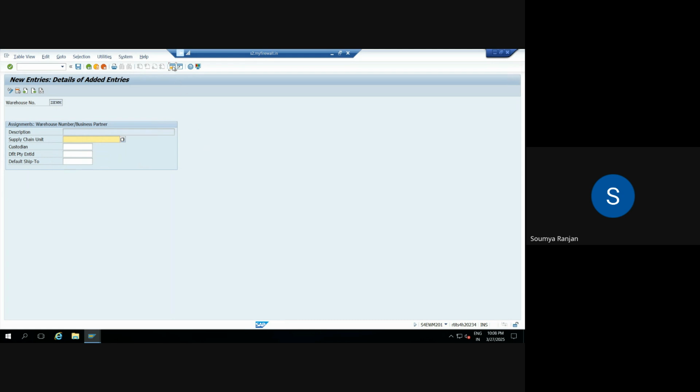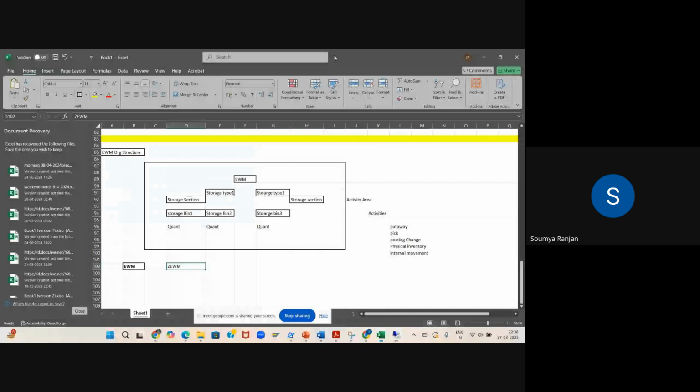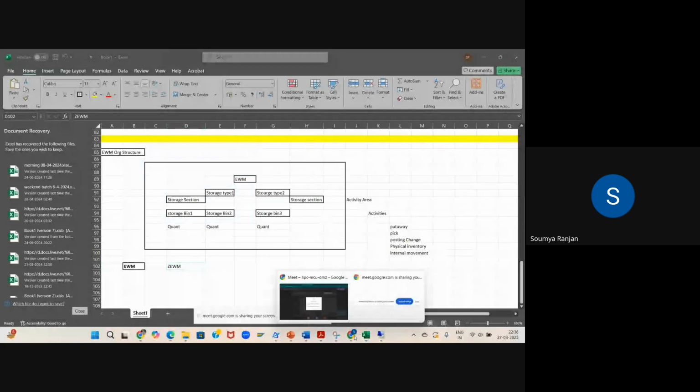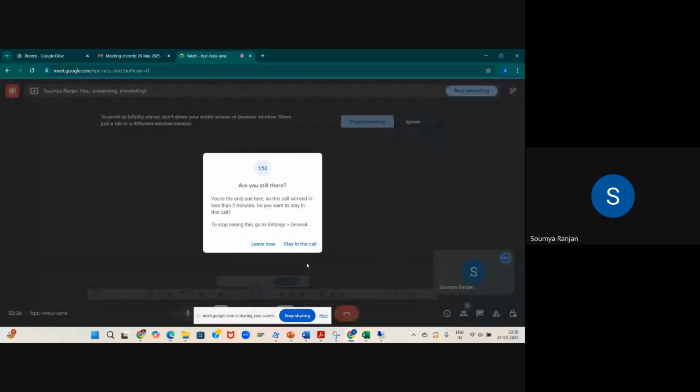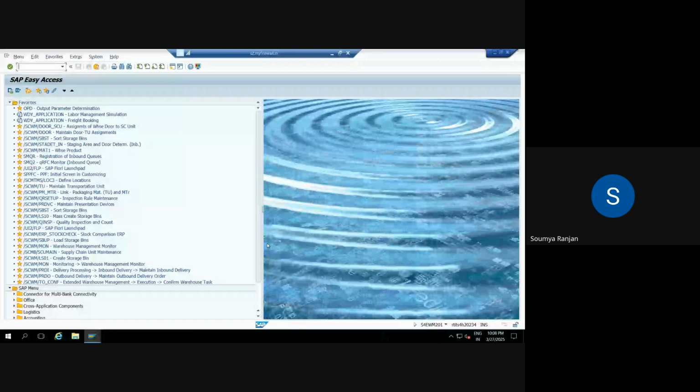Now just let me open one new transaction. To create the supply chain unit, go to /n